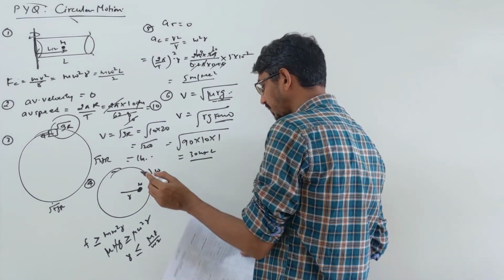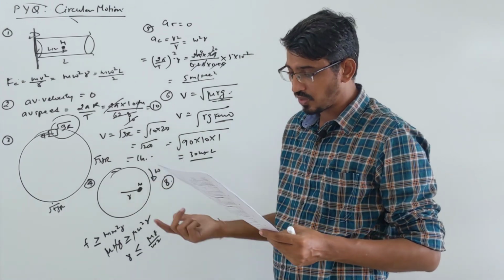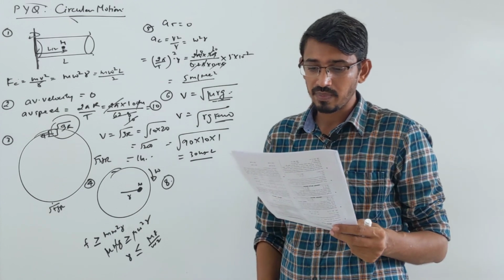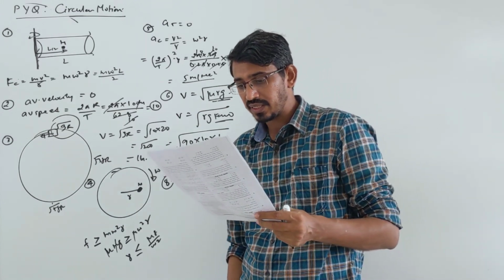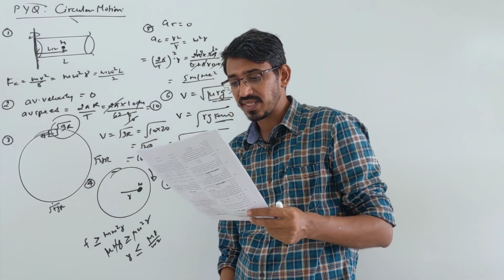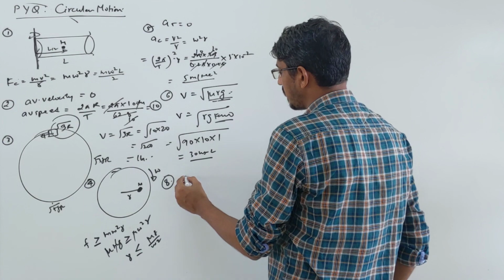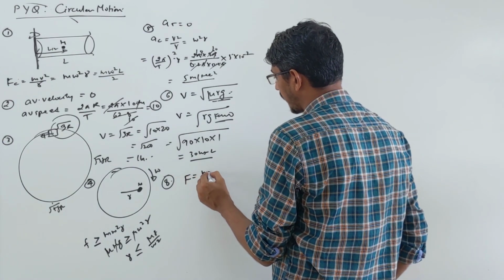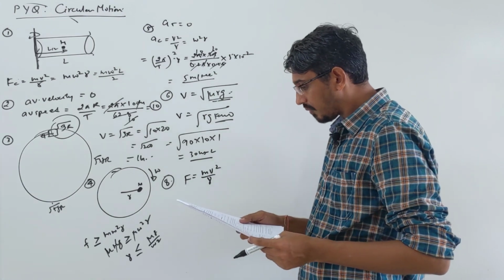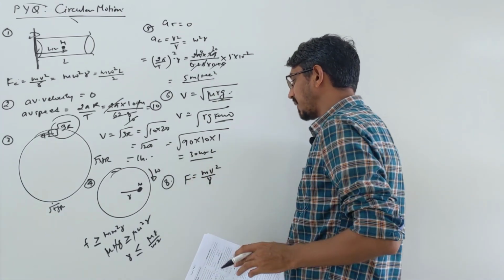Moving on to problem number 8 now, which says two stones of mass m and 2m are welded in a horizontal circle. The heavier one is at a radius of r by 2 and the lighter one at radius r. The tangential speed of the lighter is n times the value of the heavier when they experience the same centripetal force. What's the value of n? So they said they experience the same centripetal force. Centripetal force means mv square by r. Now two particles experiencing the same centripetal force means